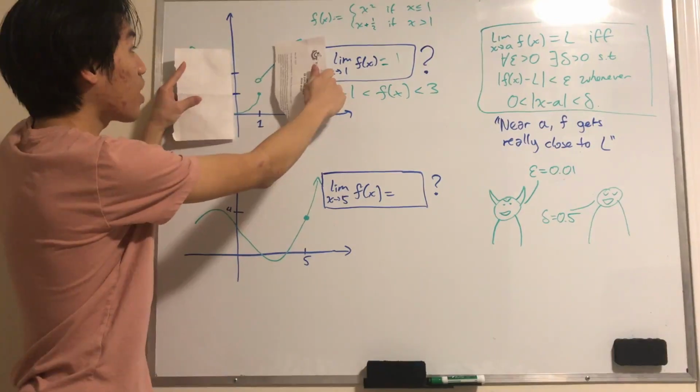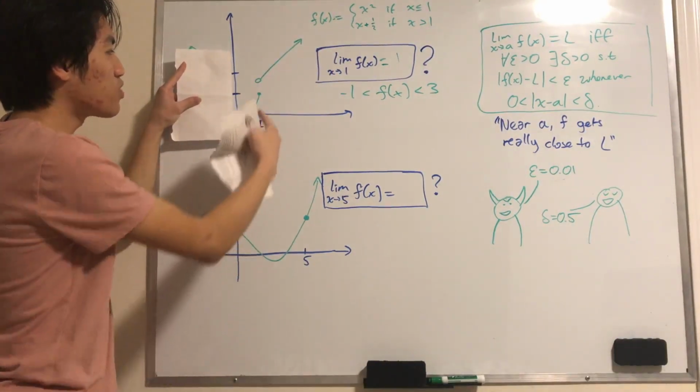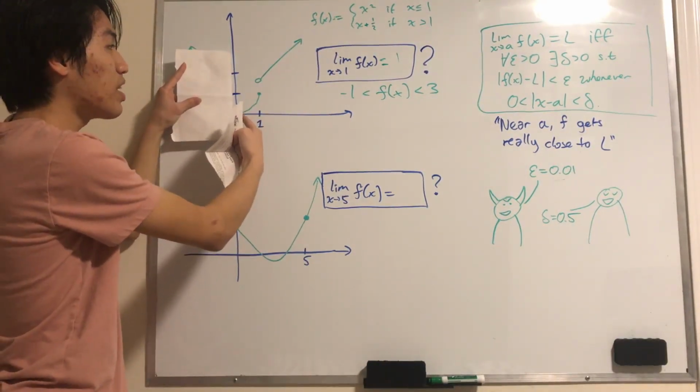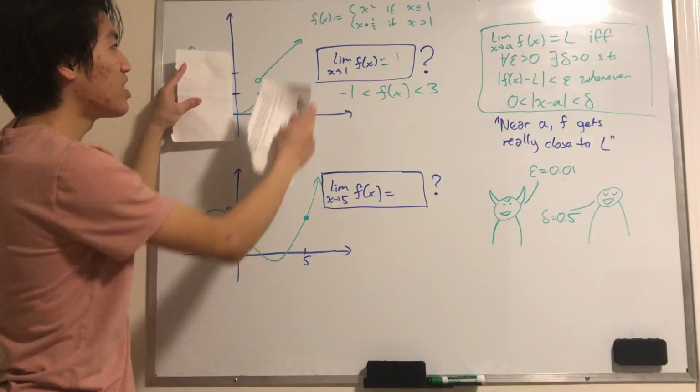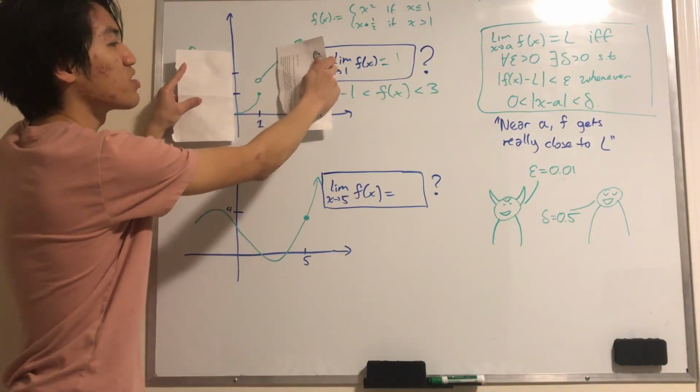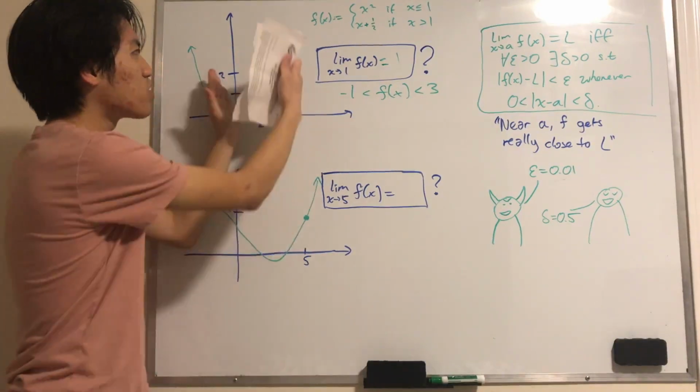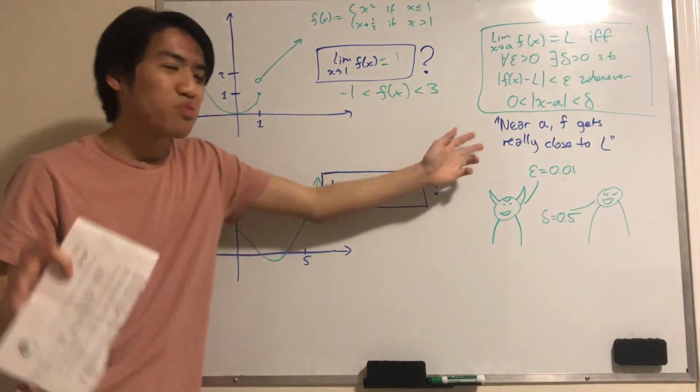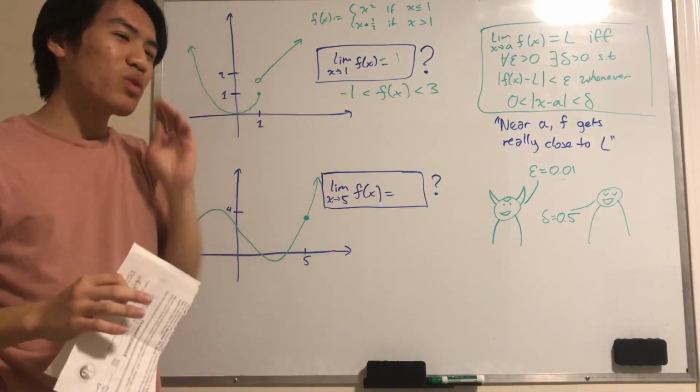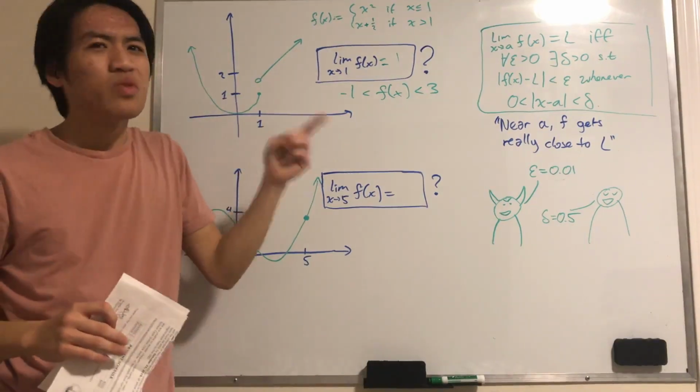Look at all the output values. The lowest value we get, that's definitely greater than -1. The largest value we get, it turns out that's also less than 3. All the values of our function are pretty close to L, but we want to say we get really close